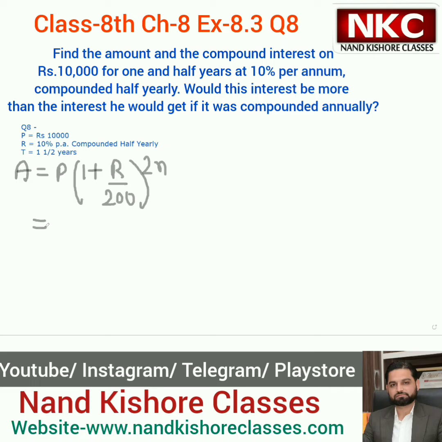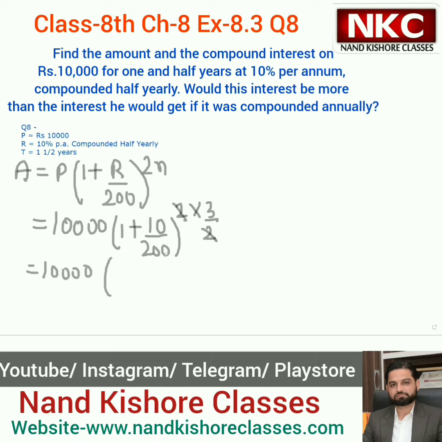Now, what is the principal amount given to us? The principal amount is 10,000. Then what is the rate? The rate is given as 10%, so it is 10/200. Now, what is n? It is given as 1.5. 1.5 means 3/2, that is why we write 3/2. This 2 and 2 will be cancelled. We will get